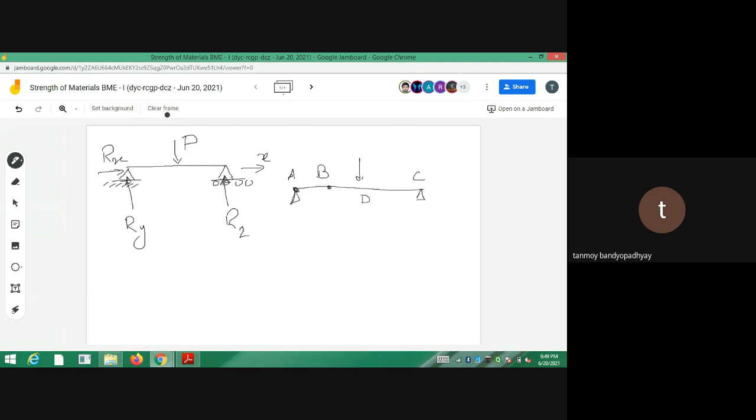At a point B, it won't be having any sort of reaction because it is free to move. It is free to move angularly, it is free to move in any direction. That is why there will be no reactive forces set up at the point B. But if I consider the points A and C, these two points will always be having certain reactive forces set up on them, based on which degrees of freedom, which DOFs, are constrained.